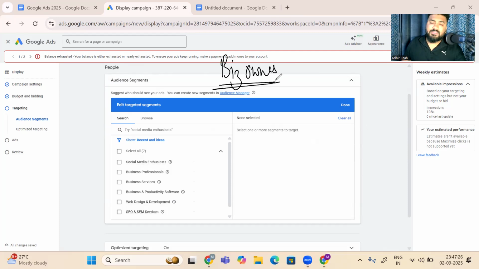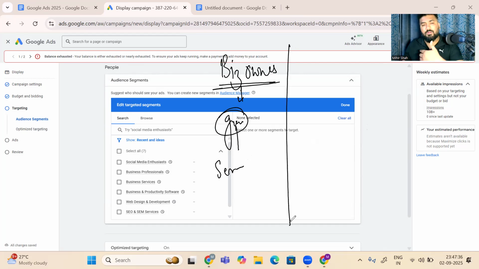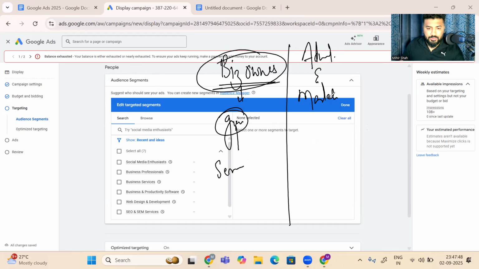So there are businesses, everybody wants to grow their business, right? And to grow their business, they could use my services. So this becomes the first segment, which is all the people who are different types of business owners, right? Apart from business owners, there would be people who are actually interested in advertisement and marketing, right? So people trying to look for these kind of services. These could be business owners. These could be people who are just wanting to understand how this could be done, etc. Right? So businesses could be looking for